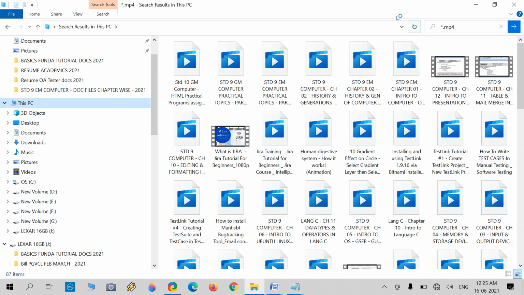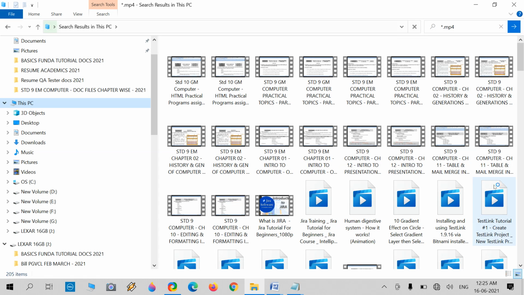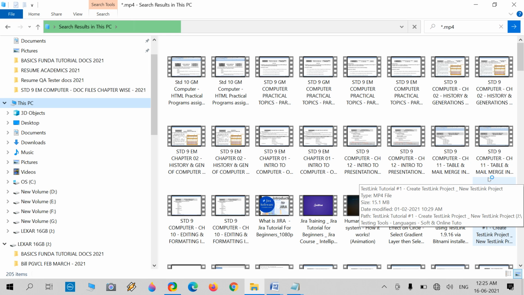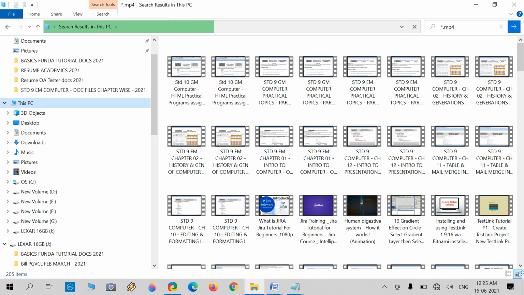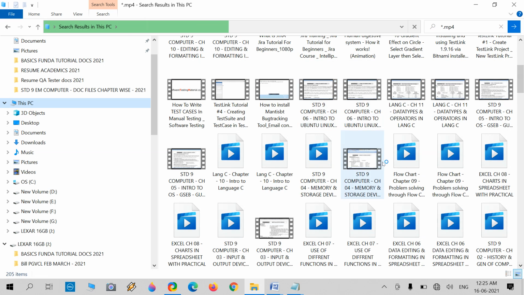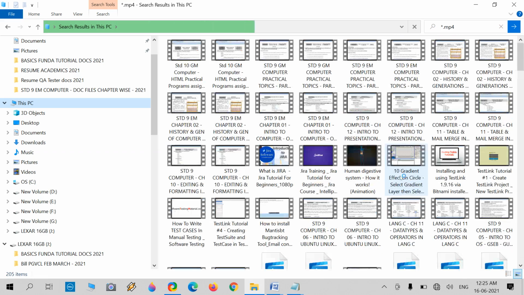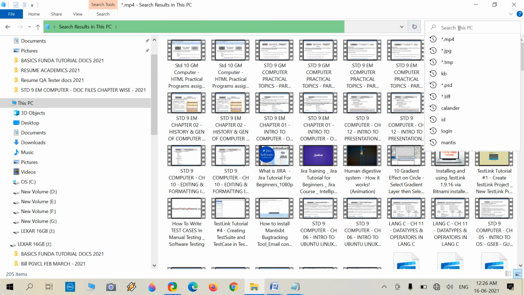Then it will display all kinds of mp4 files that contain only one extension, .mp4, but have so many different names, any kind of name of any mp4 video file. Here it is, so many video files are here, but all have a common extension, that is mp4. Now move on to next.